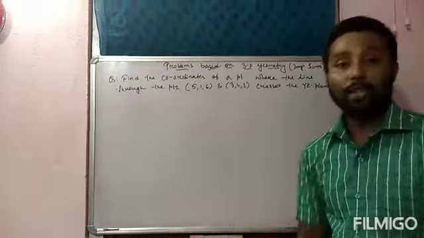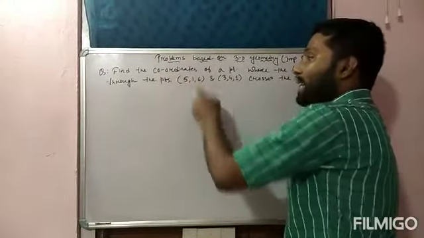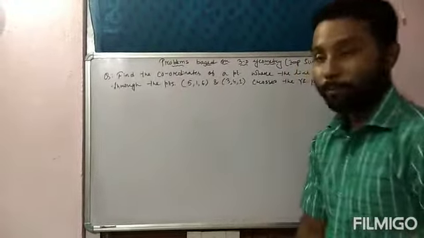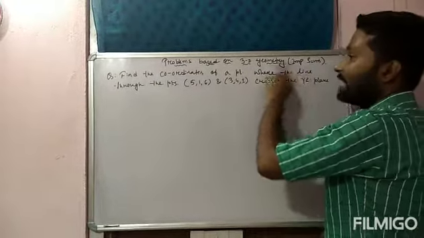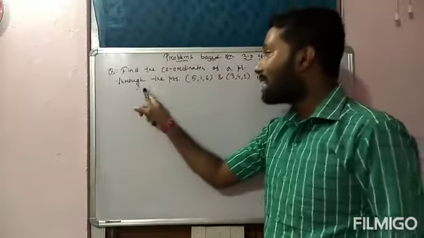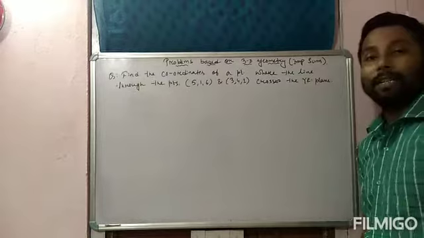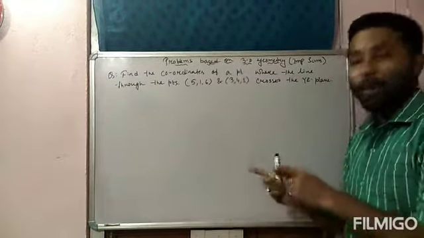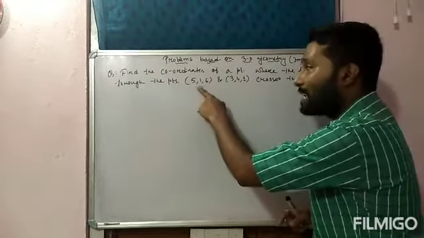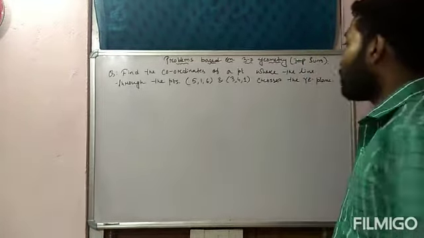These questions are important. Okay, so here the question is, find the coordinates of a point where the line through the points, that means where the line passing through these 2 points crosses the YZ plane. Crosses the YZ plane means the line which is passing through these 2 points, that line is crossing the YZ